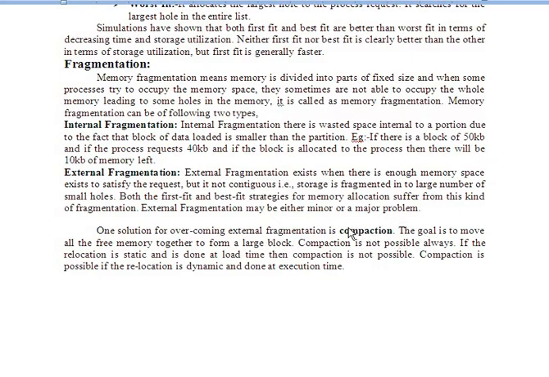I repeat, one solution to external fragmentation is compaction. What is compaction? Suppose in memory we have 10 KB somewhere, 2 KB somewhere, 3 KB somewhere. We take that 10 plus 3 plus 2 to the end of the memory location and combine it. That means 10 plus 3 plus 2 is 15 KB. Any process which comes with a 15 KB requirement, we can push into it and utilize it. This is how compaction helps us overcome external fragmentation. It is not possible in some cases, but in many cases we can utilize it.